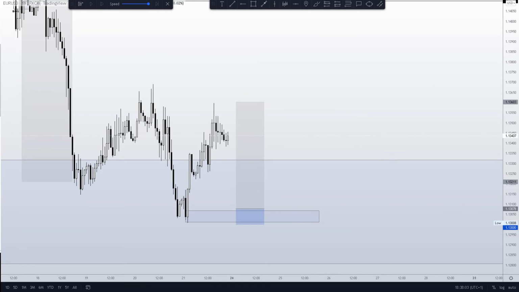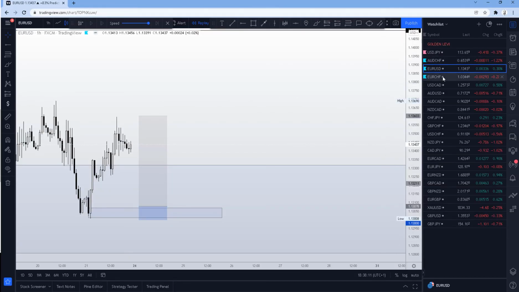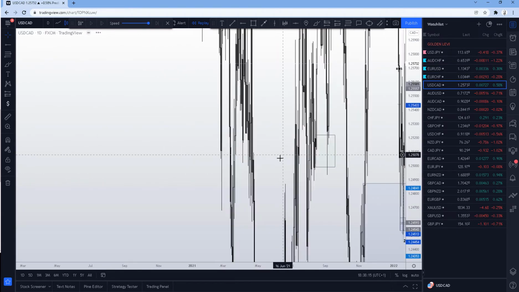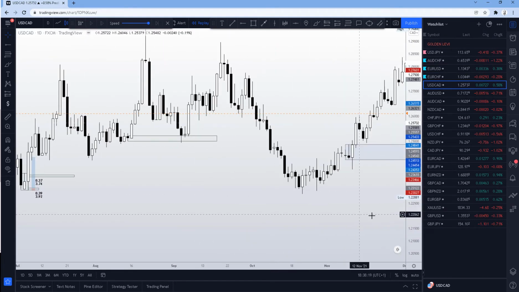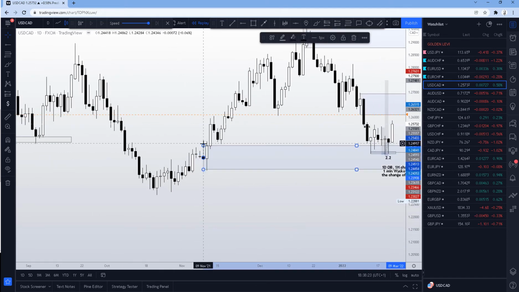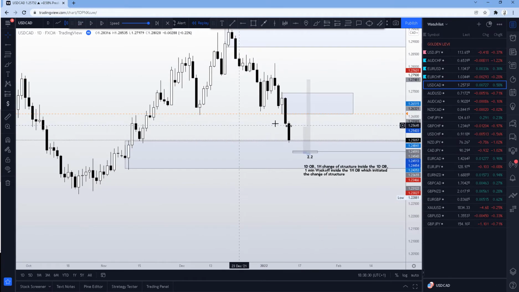Okay, let's move forward to the more typical entries. We have USD CAD. This is the most important one with the strategy that I showed you, exactly. This is the USD CAD trade. Let's go together. We are on the daily chart, and here we see that we have this order block, which is very clear here. We were, let's say, somewhere around this point, and price is approaching this previous order